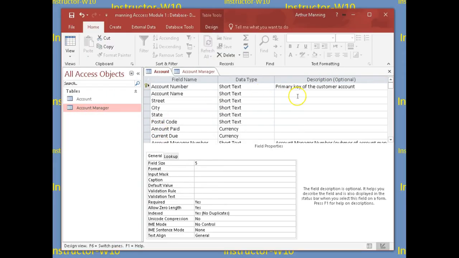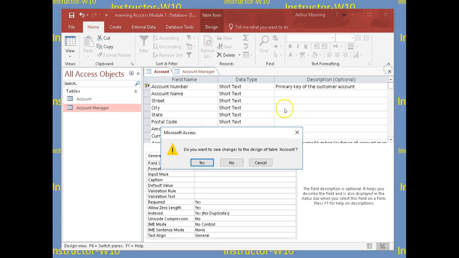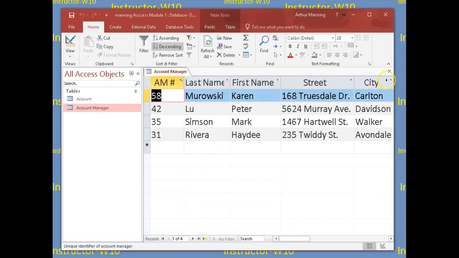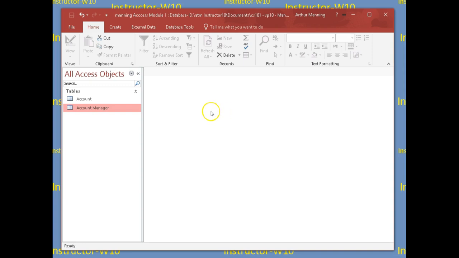Okay, so we have our description, and now we have it on the match it to our table there on AC31. Now we're going to do a few more things. I can close this. It's going to ask me, do I want to save changes? Yes, I want to save changes. Even though I've added just this description, I'm going to save the changes, close my tables,